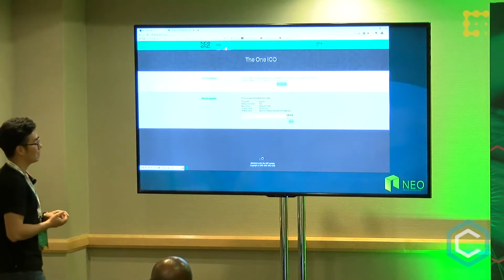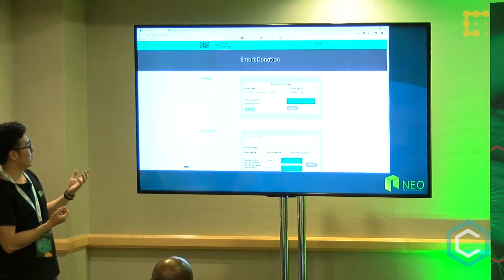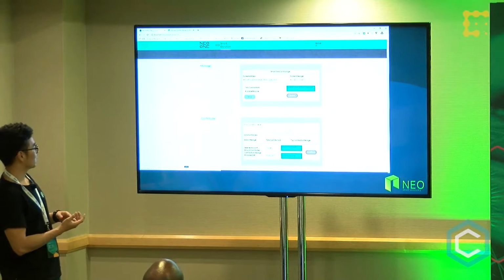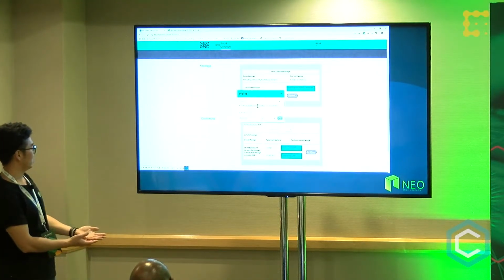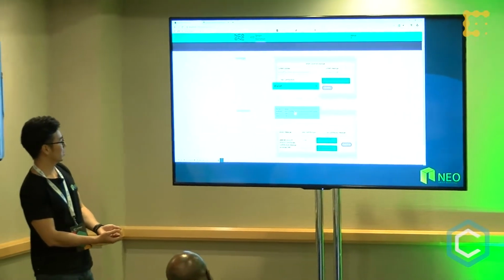And then after I have enough token 1, I can do a donation now. Also, I need to set up a donation. Choose one wallet, and I picked Echo, I guess.